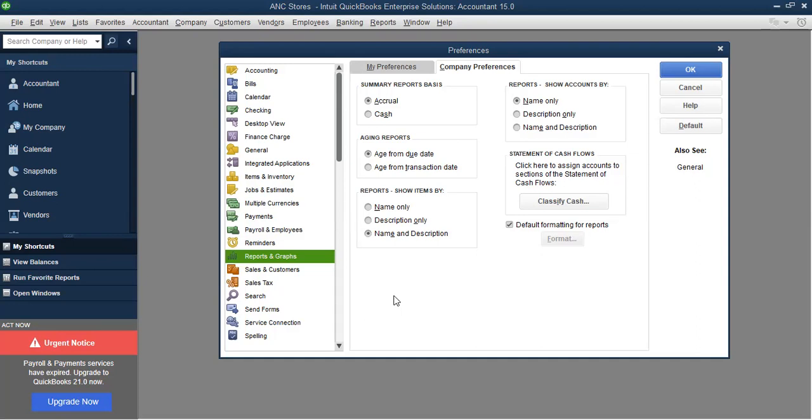It's just a tick: QuickBooks balance sheet, not your default UK balance sheet. And also per report page, ABC Limited, or ANC stores, Mr. Zuma, ANC stores. With the UK balance sheet, we don't want a report like that.